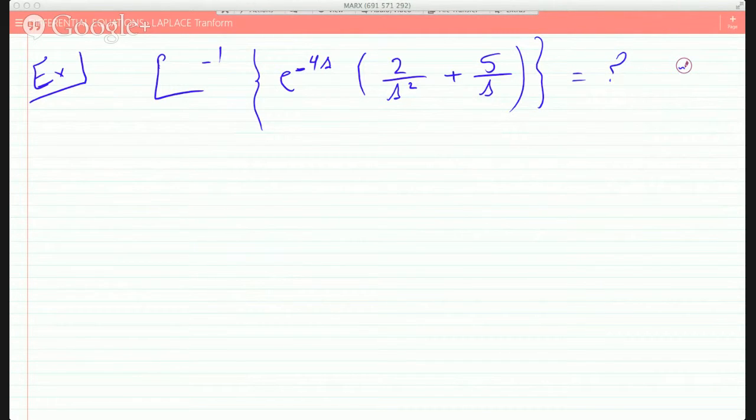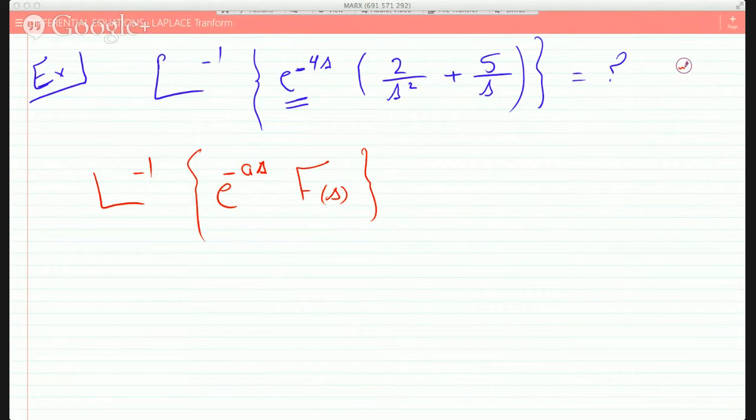By looking at this, you can immediately see that this Laplace transform is shifted because of this e term here, right? So this is like saying the inverse Laplace of e to the minus as times the function f of s, right? Now, what's a in this case? A is the shift. It's 4, just reading it from there. And what's your f of s? It's 2 over s squared